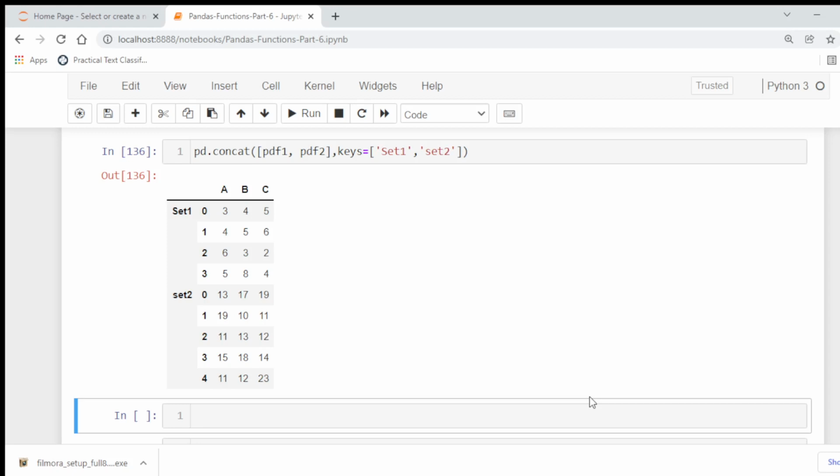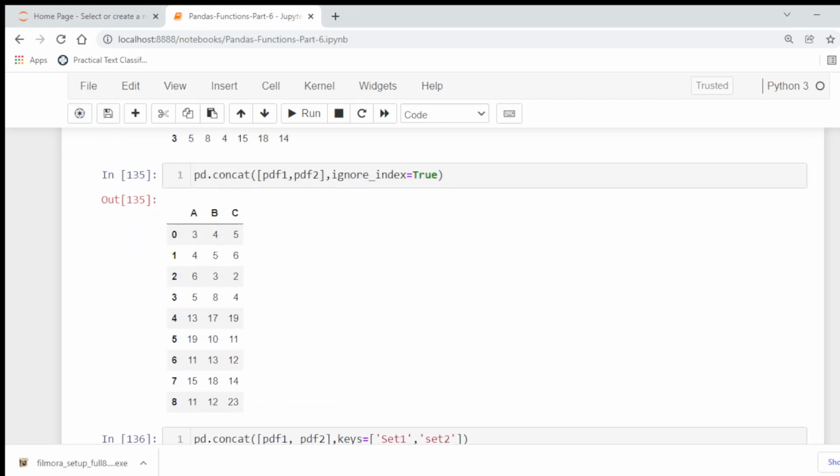The other is levels. Levels is a specific level to use for constructing a multi-index. Our data is not multi-index, so we are not using this at the moment. The other is names. The parameter names is used to label the index keys.